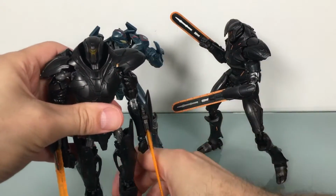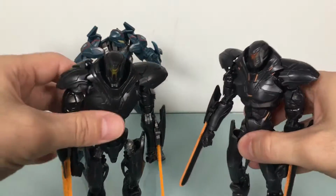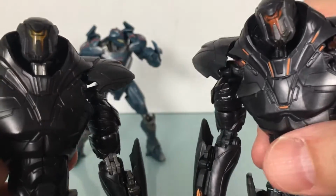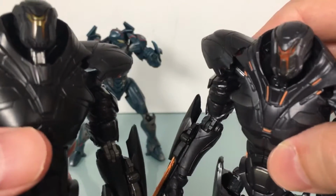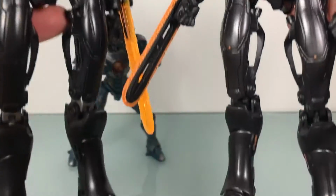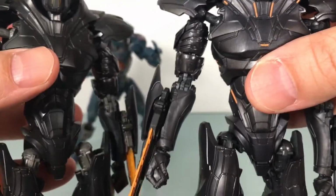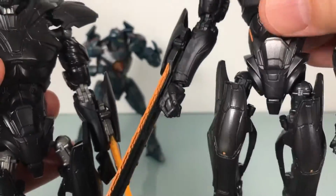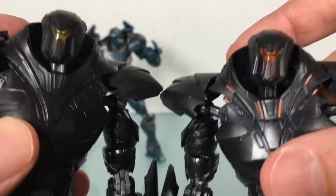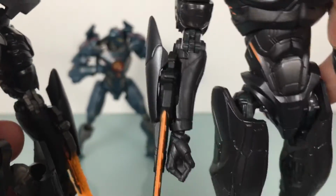Right here is regular Obsidian Fury, and let's vanilla this Obsidian Fury up, and I'll give you a really good inspection here. So right off the bat, it's a different color. This is more of a metallic dark gray, like a gunmetal actually. Yeah, it's a nice gunmetal color where this Obsidian Fury is completely black. I like this, but I love this. This is amazing. And then you see his visor is nice and orange as opposed to the yellowish it is here. And then you got all the orange bits highlighted on his upper chest,